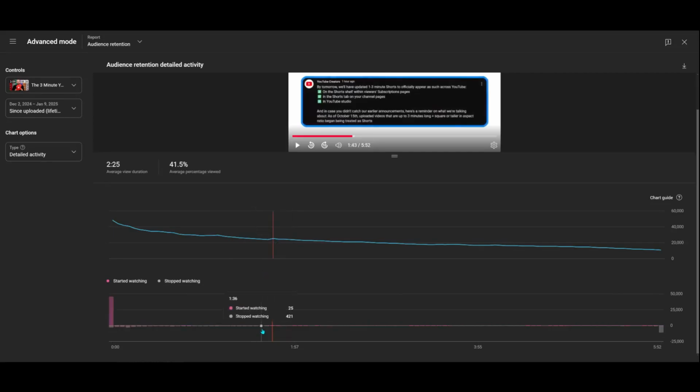In this detailed view, they say "stopped watching." So they're implying that they left, and we have to take them at their word because we have no other way of knowing. But what we can see here is that every once in a while, there are little peaks at different parts of the video. And since this isn't a timestamp video because it's like a 5-minute video, we have to infer that these little peaks mean that people rewound. Rewound, not even fast forward, but rewound.